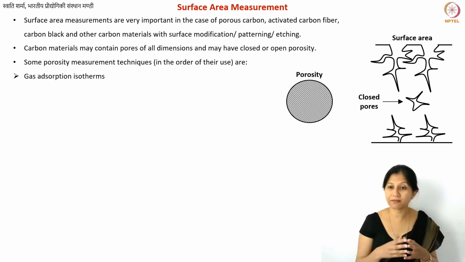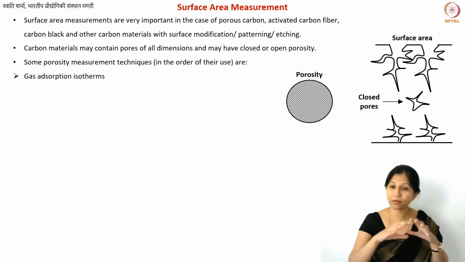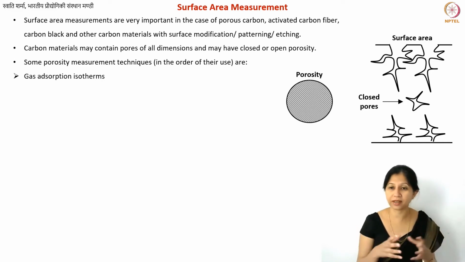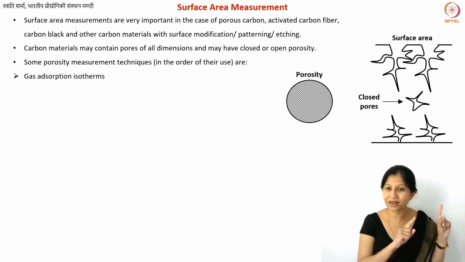So the equipment that we have, I'm going to show you a schematic on the next slide. This equipment basically utilizes inert gases, in most cases nitrogen, or argon also in the case of carbon. Here and there you see argon. So you will have these inert gases which will go and sit on top of the surface on the porous carbon sides, and then you will basically measure the difference in the initial pressure.